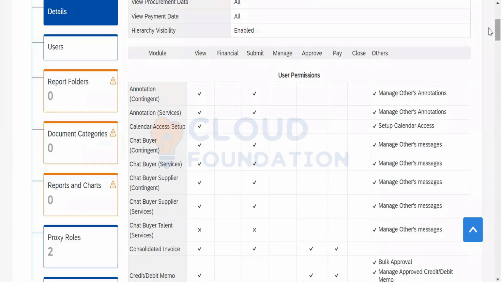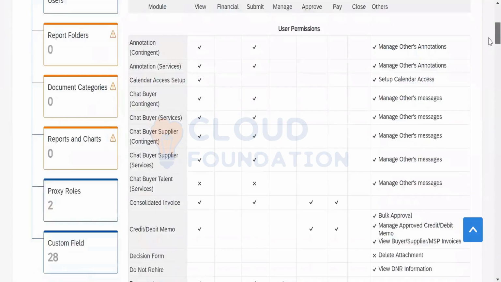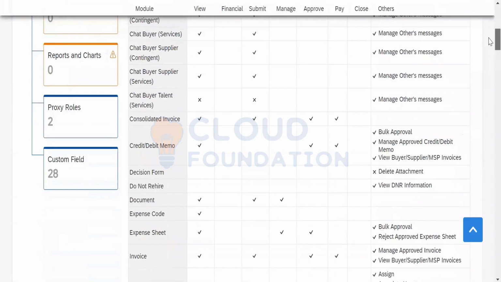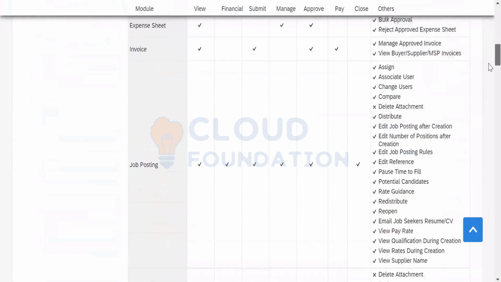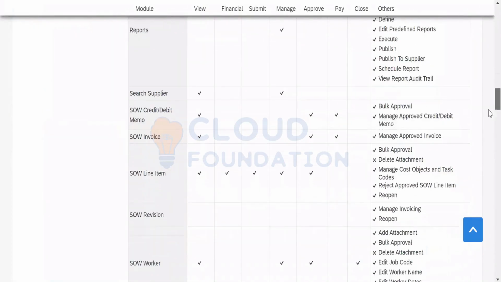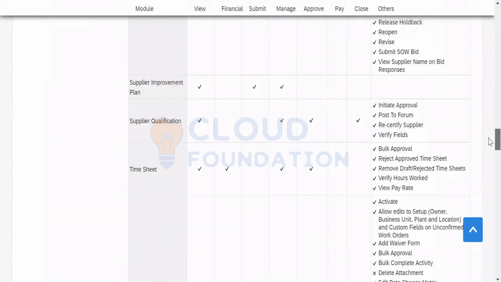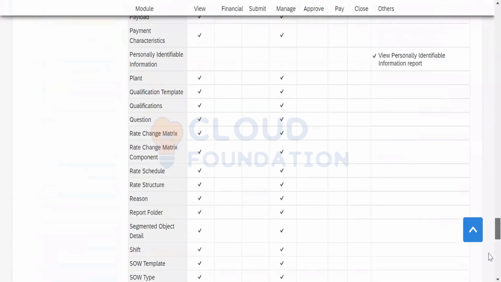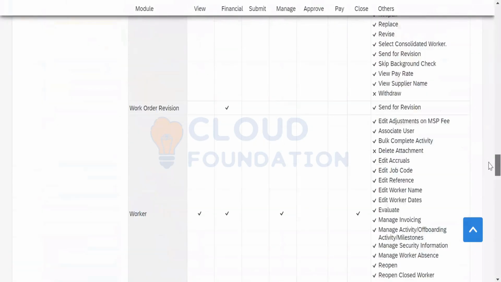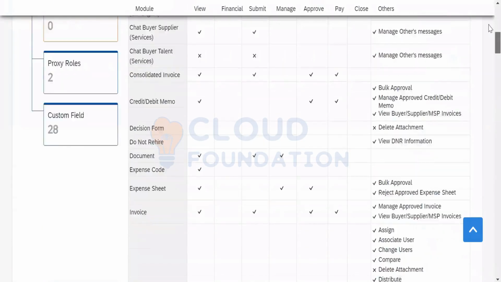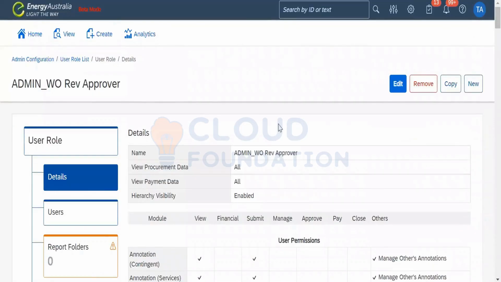And we have got the other stats as well, with respect to annotations, messages and so on. These are the options that we set up for a user. When a user is entered under this particular role, what all access it can have and what not is what we call setting up a user role.